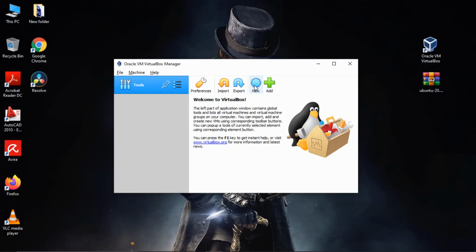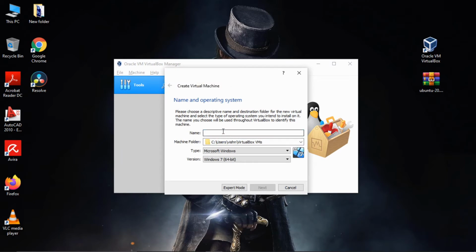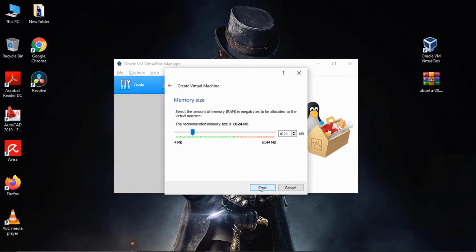So we'll click New, and I'm giving the name as Ubuntu. As you can see, as I gave Ubuntu in the name here, it automatically changed the type to Linux and the version to Ubuntu 64-bit, and click next. For this Ubuntu, I recommend you set 2048 MB, that is 2 GB of RAM.